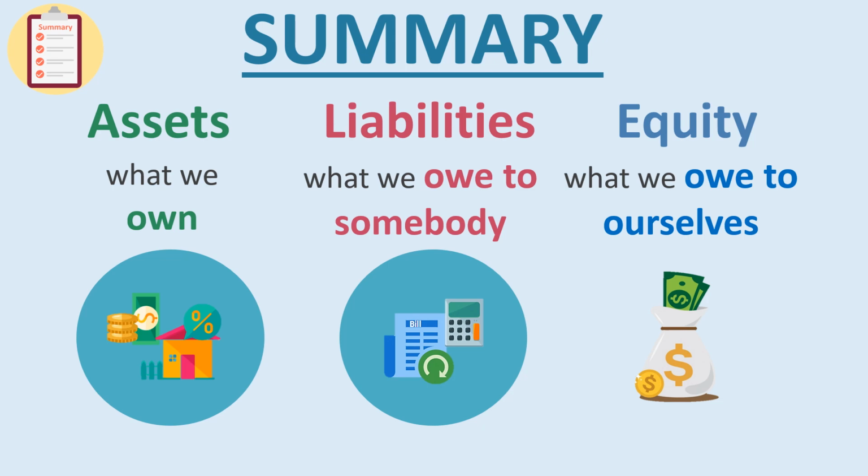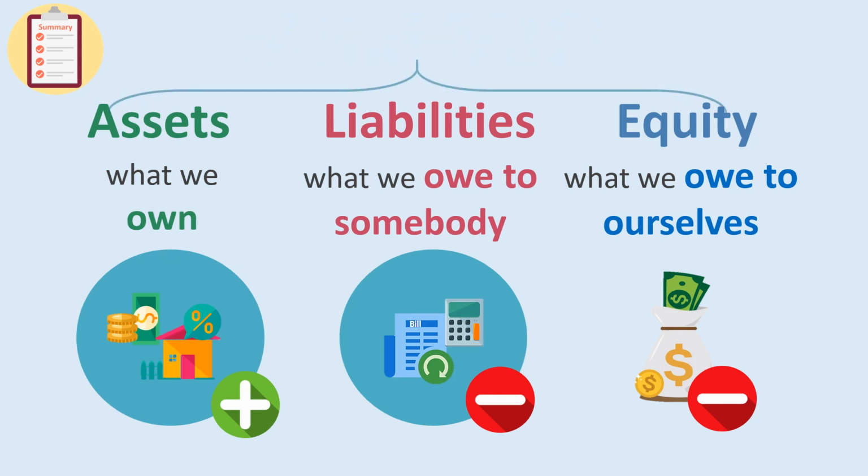And also, we have learned that in accounting, assets have a positive value because we can sell them for cash, while liabilities and equity have negative values because we need to spend cash in order to repay them. However, equity is obviously better than a liability because with equity we keep the cash in the family, and with liability the cash goes to somebody else. And finally, we have learned that the sum of assets, liabilities, and equity is always 0, and this is called the basic accounting equation.